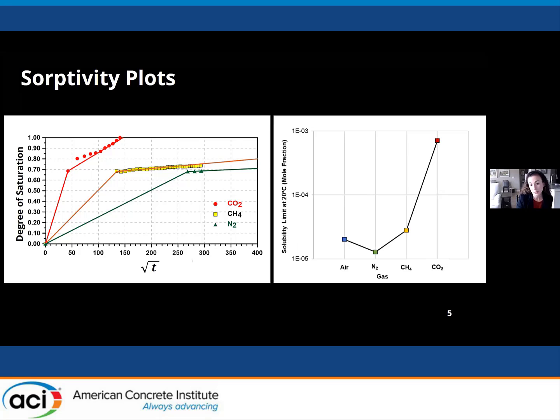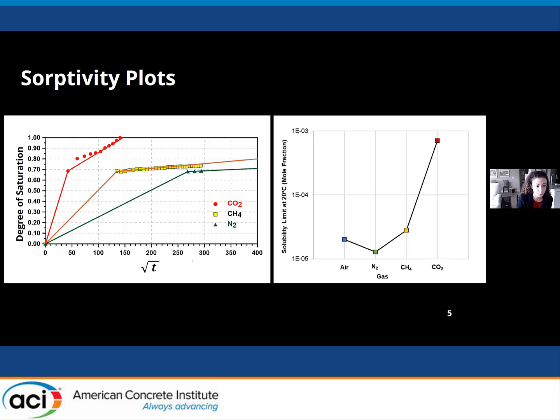And so why is that? The solubility limit of these different gas phases in water are plotted here on the right. I have air just for reference. Basically what you can see is that nitrogen is lower than methane, and methane is lower than CO2. CO2 has a much higher solubility limit in water, so it's able to dissolve in water faster. And that's basically why we're seeing water absorbed at a faster rate in the pore